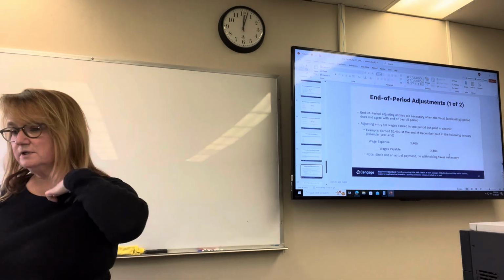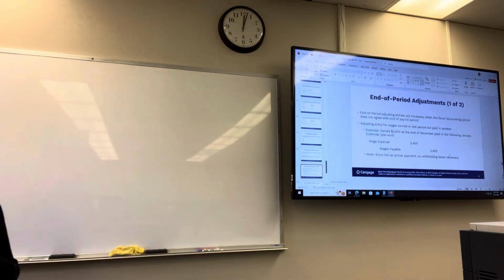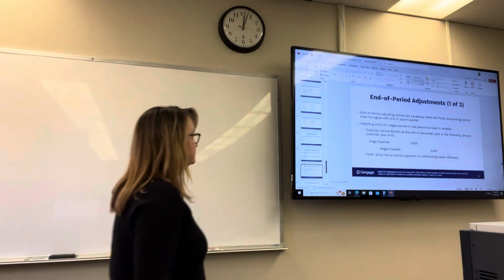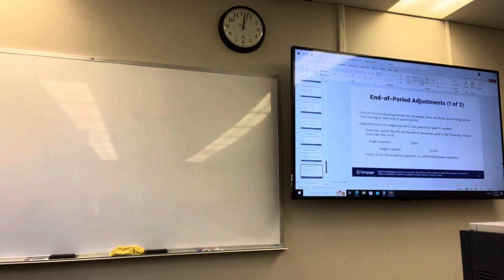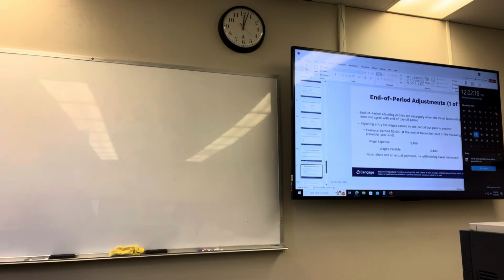Okay, so the fourth type of journal entry is the end of period adjustment. This occurs because there's some type of timing difference between the accounting period and the payroll period. So it's to account for that timing difference. For example, if I pull up the calendar here, October would probably be a good example. If we had a payroll period